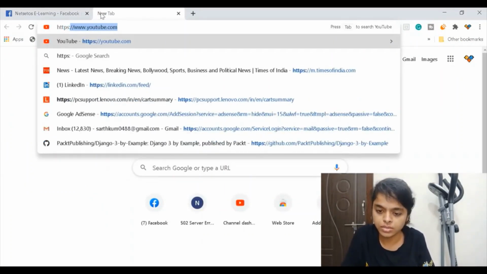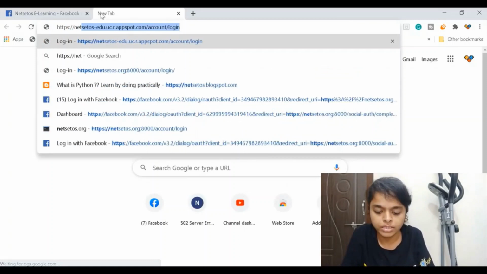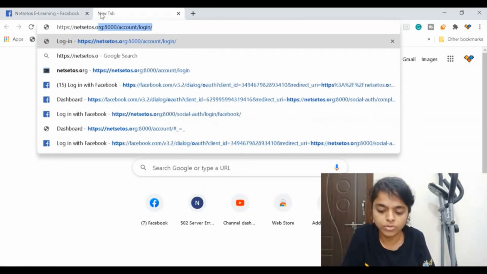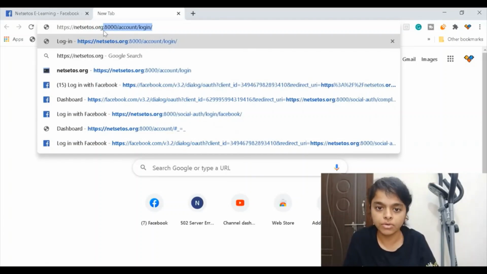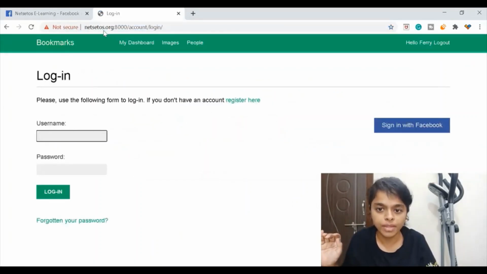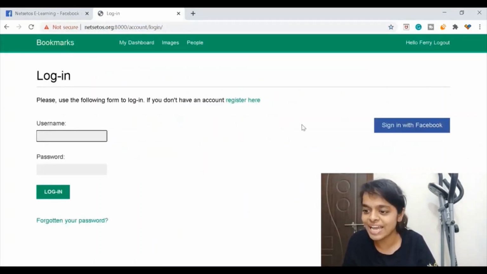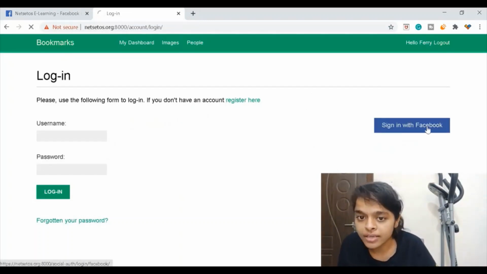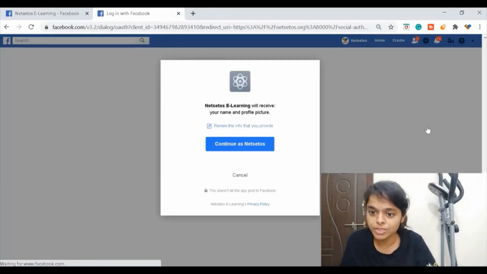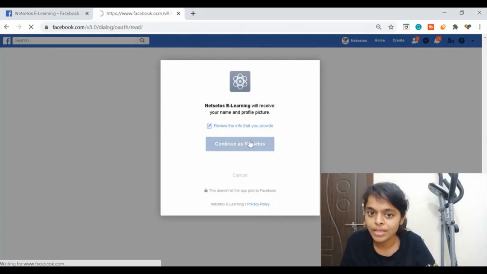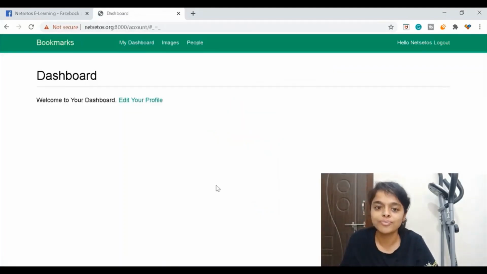https netsetos.org:8000 account login, and here we got sign in with Facebook. Now when I click here, it will authenticate with Facebook. It will ask continue as nETSETOS, and here we got our